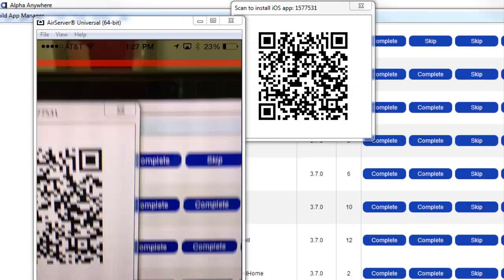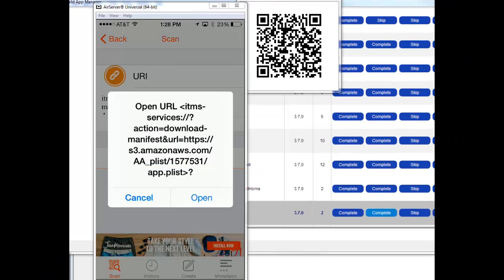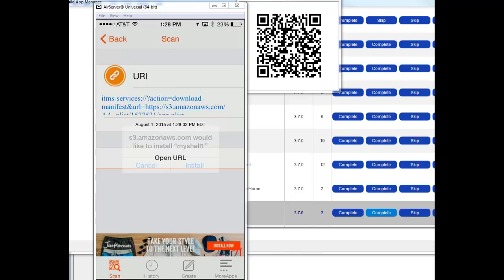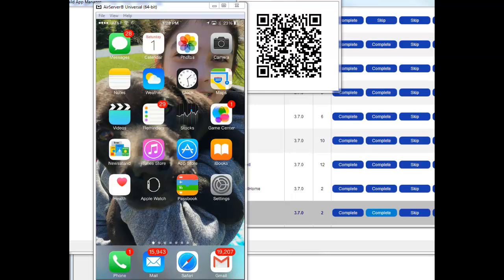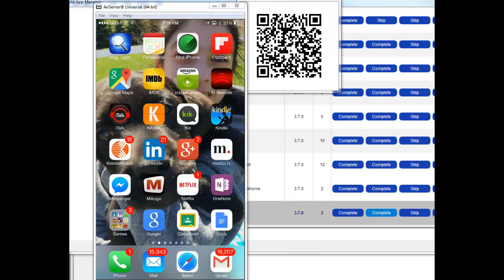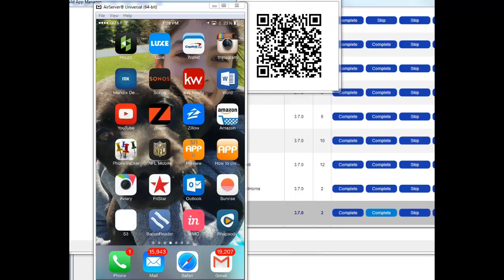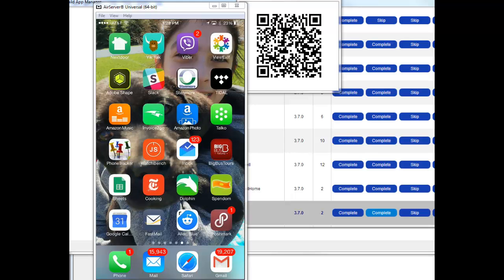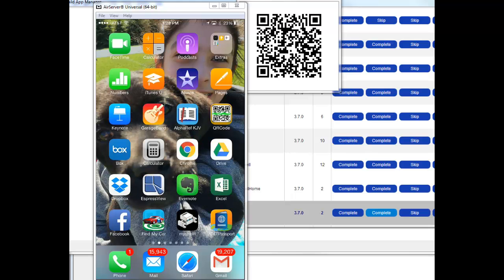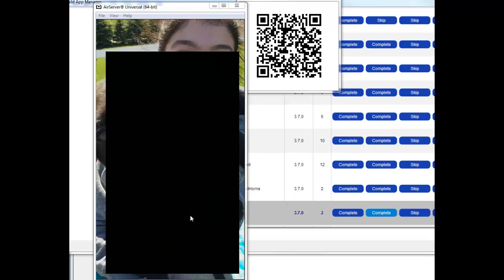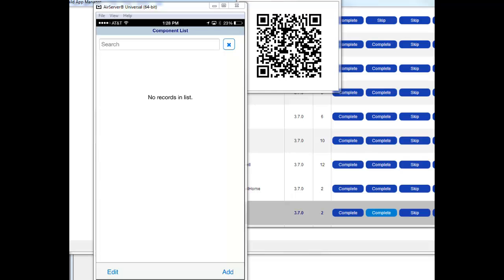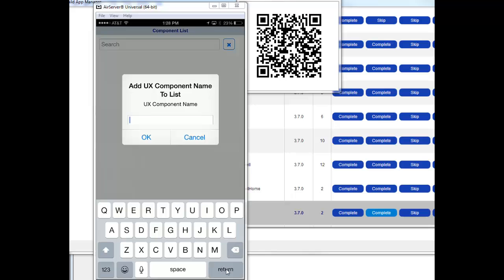So here I go. I'm going to go now and scan my QR code, and then go ahead now and open this application on my phone. So let's go ahead now and see where it's installing it. Okay, so we have the app loaded over there, so we'll go ahead now and run the shell. And you can see now that at this point there's no applications registered. So I'm going to go ahead now and click the add button, and then type in, say, UX1, and then